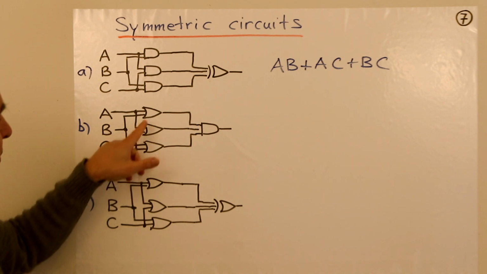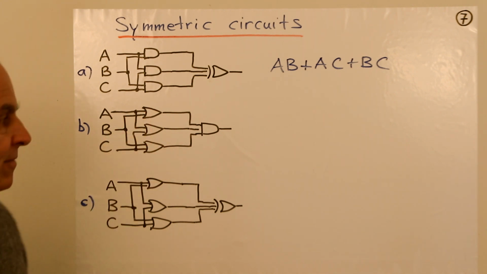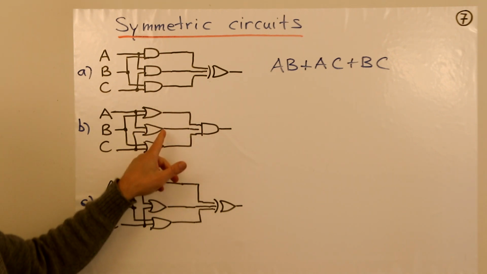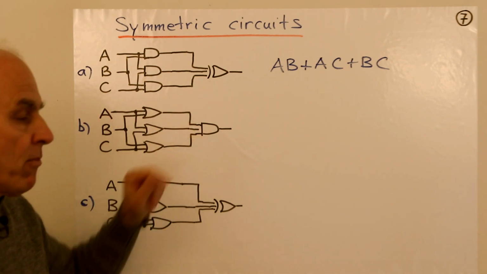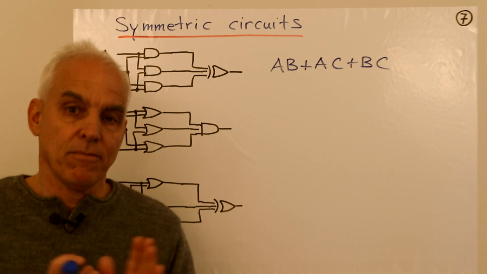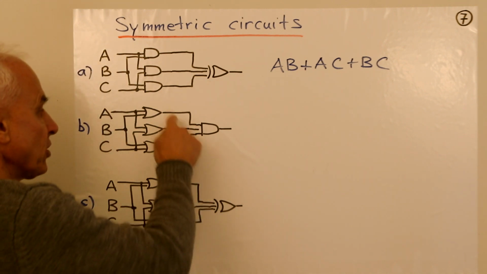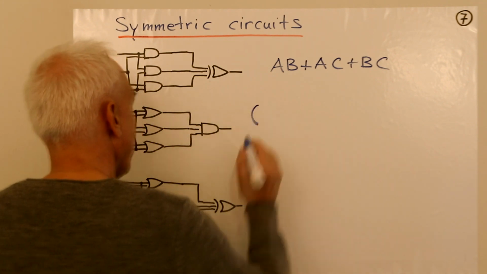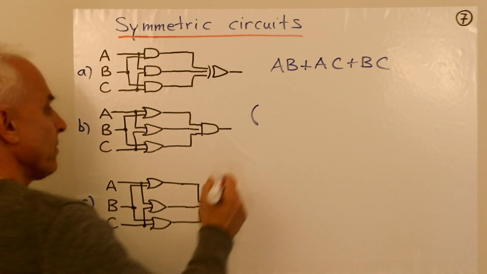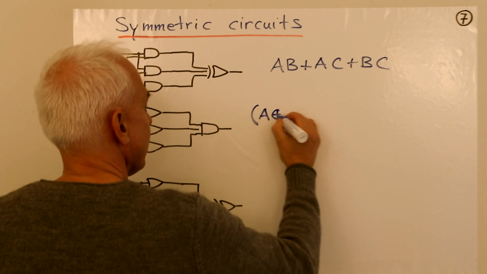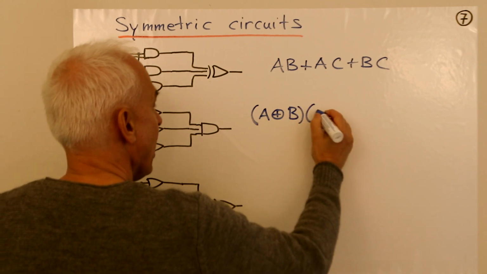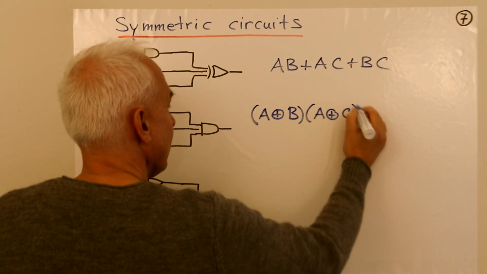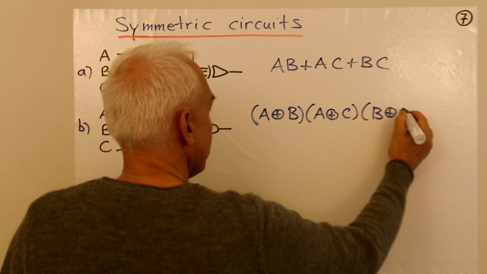Here we have three OR gates, also hooked up to A, B, and C in the same fashion. So here's A or B, here's A or C, and here's B or C. And we're combining them with an AND gate. Now an AND gate is multiplication, okay? So we have to take the product of three things. And what are those three things that we're taking the product of? Well, maybe we could write it out in terms of ORs, like circle sum. A circle sum B times A circle sum C times B circle sum C.